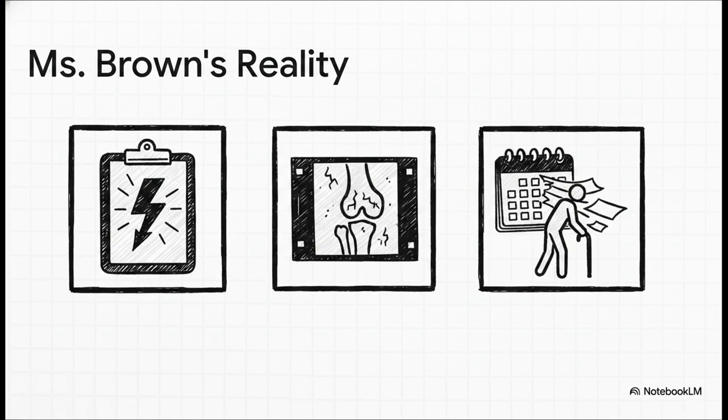1. She has documented chronic joint pain. 2. Her X-rays show a clear physical anatomic abnormality. And 3, her problems are severe and they're going to last more than a year. Got those 3 things? Okay, hold on to them.